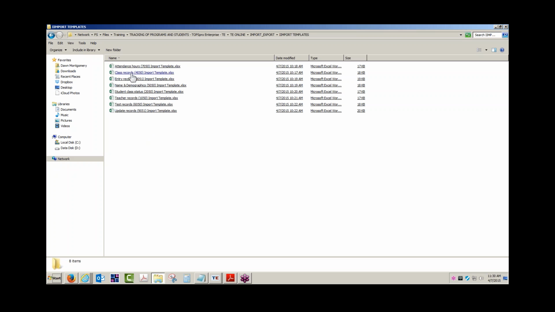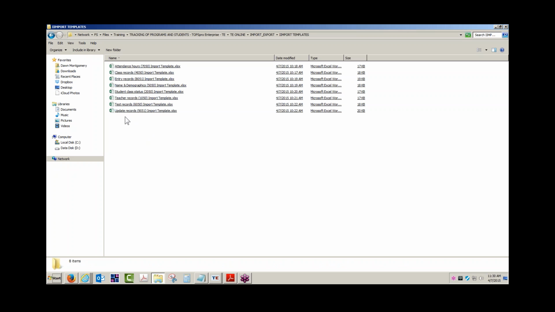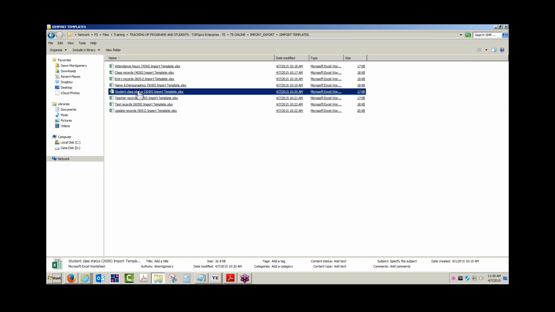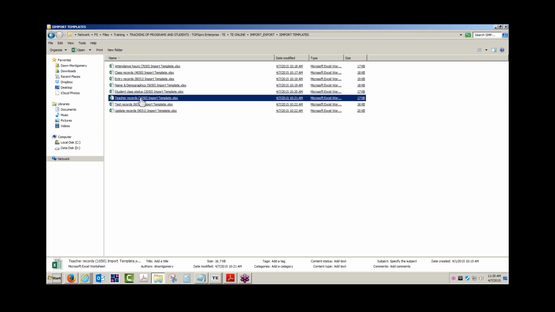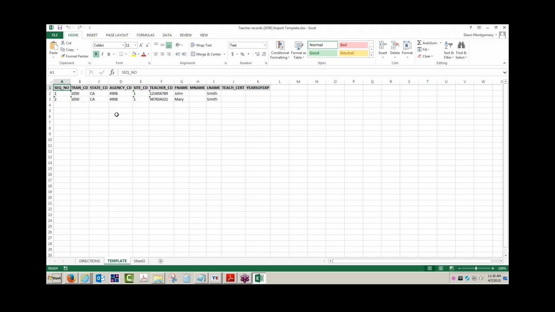And so we have all of these type of import records. I know this is very small on your screen. And I'm going to just quickly, and if you can stay with me for about 5 more minutes, folks, trust me, it'll be worth it. We have teacher records here. This is a fillable template with directions on the first page. The template information is on the second page. If you have the opportunity to cut and paste from and to populate this information or manually populate this information,